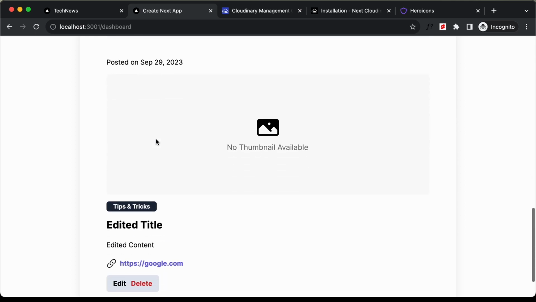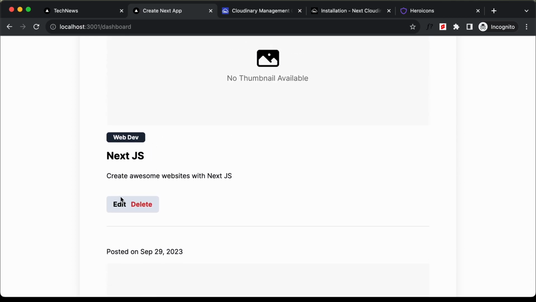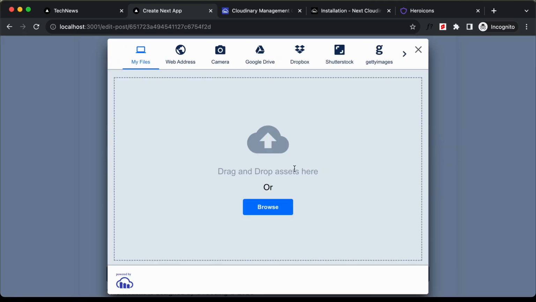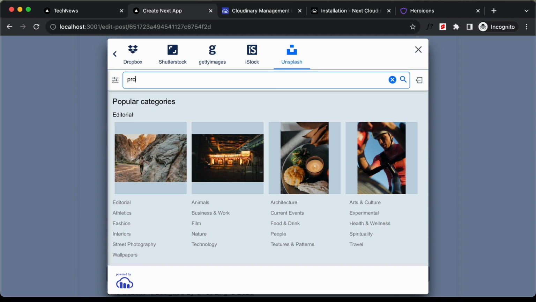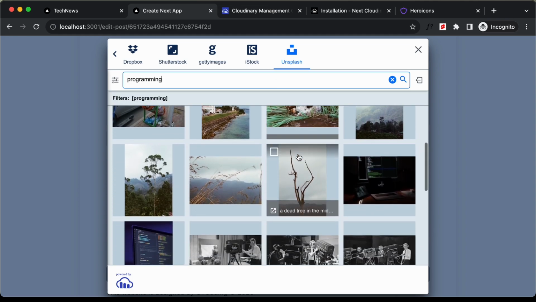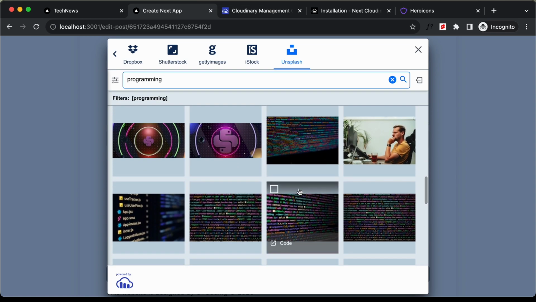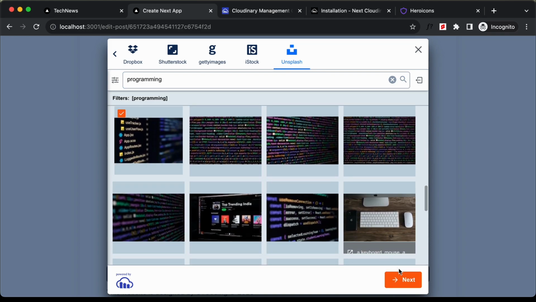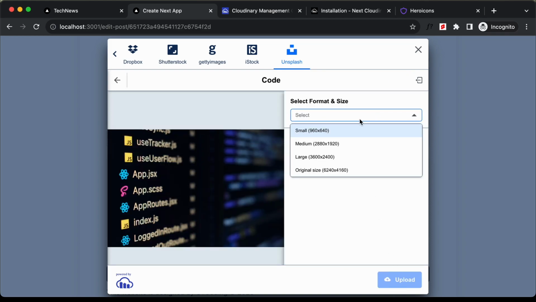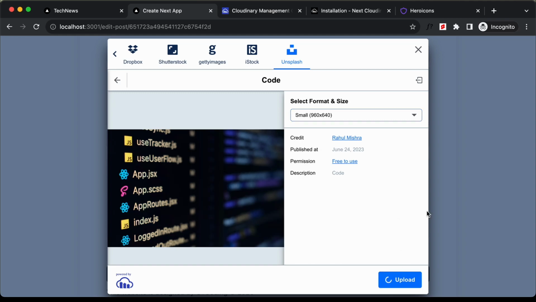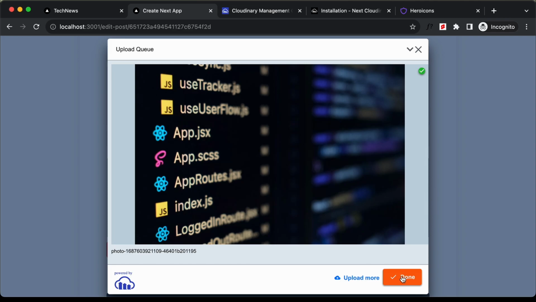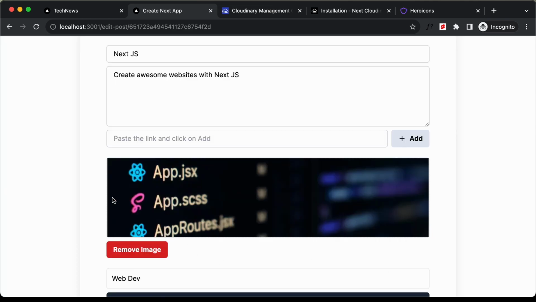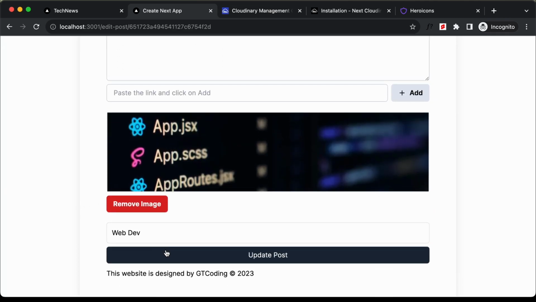Now let's go ahead and add an image over here for this post. So let's click on edit and let's upload an image. I'll just search for programming and let's select an image. I'll just select this one right here and let's click on next and let's select small upload and let's click on done. And here we have the image uploaded. So let's click on update post